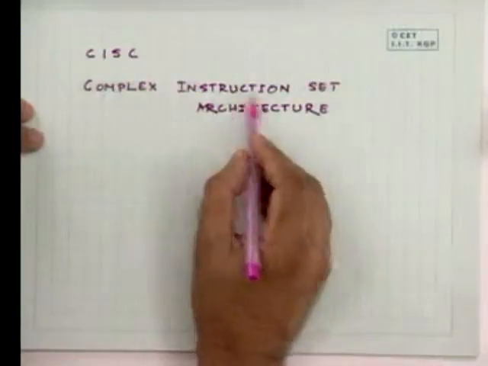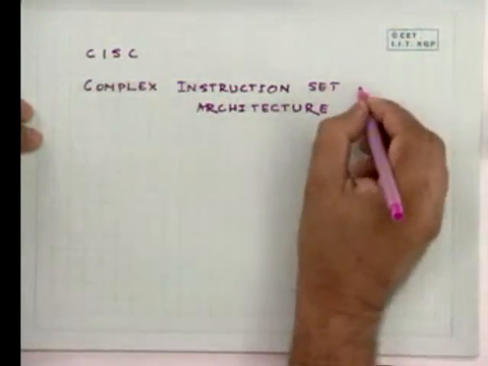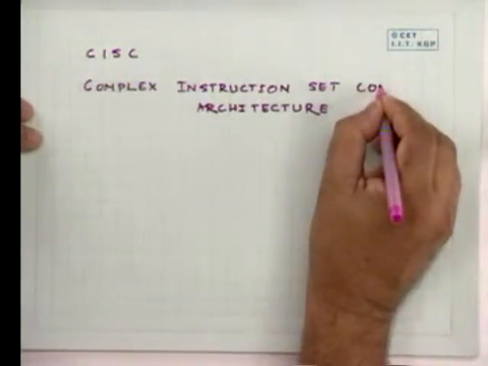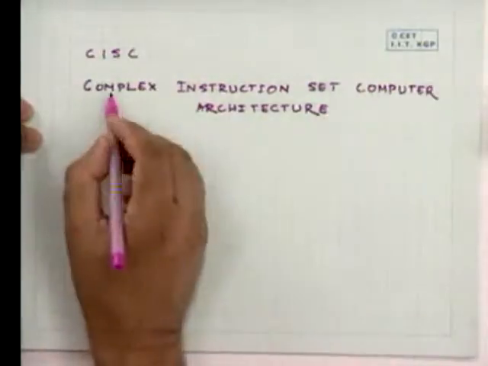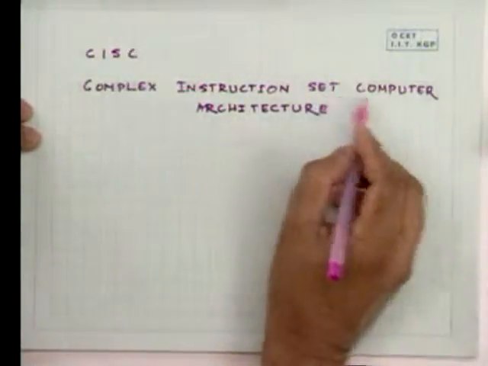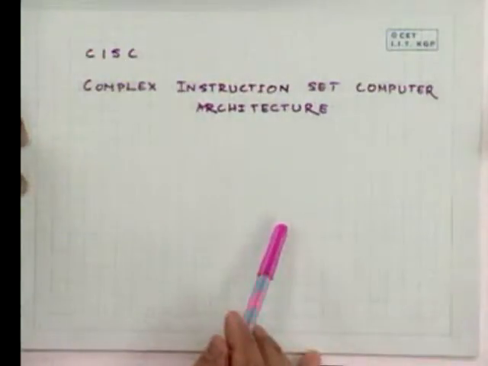Complex instruction set architecture, or complex instruction set computer, CISC. Okay, now here essentially the idea is to incorporate very powerful instructions, so that the machines can be almost,